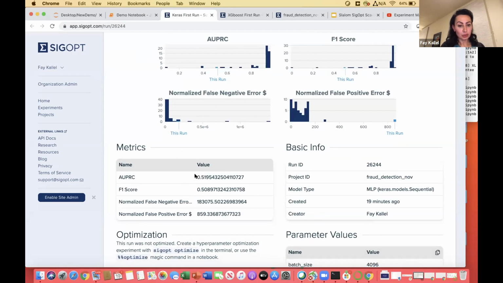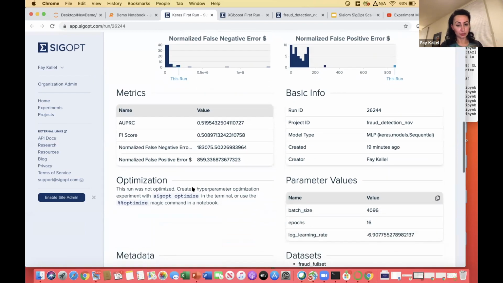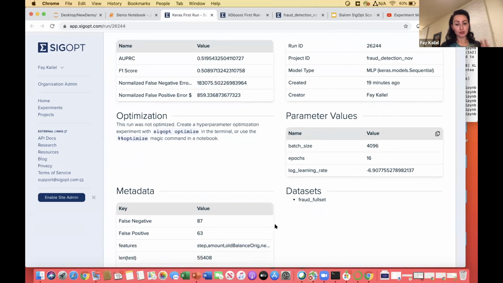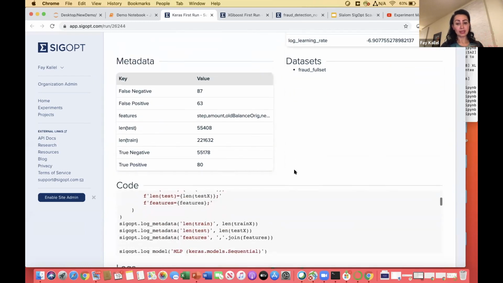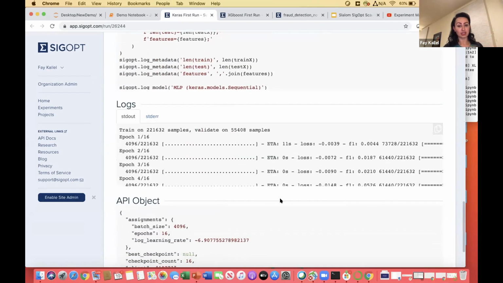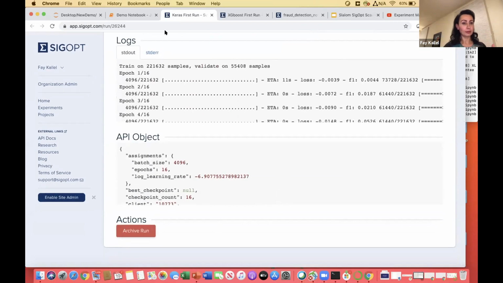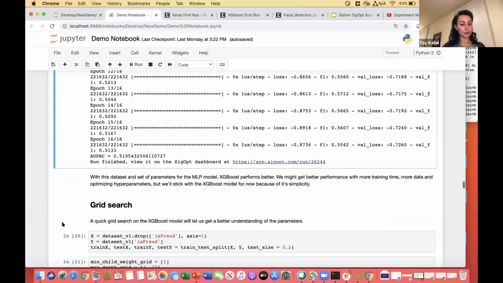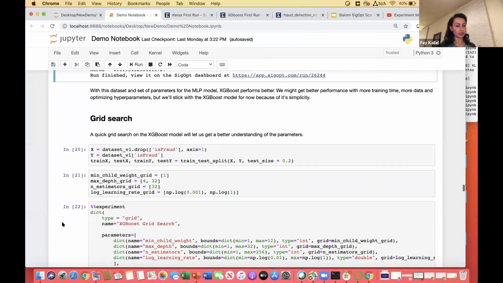These metrics don't look better than the XGBoost. So already I am seeing just from this quick review of results that XGBoost is possibly a better architecture for the data set I'm using than this Keras deep learning model. It's not an optimization, and everything else is as you have seen before, same expected level of information gathering and tracking. Okay, so I'm going to go back and go to my XGBoost and perform a simple grid search